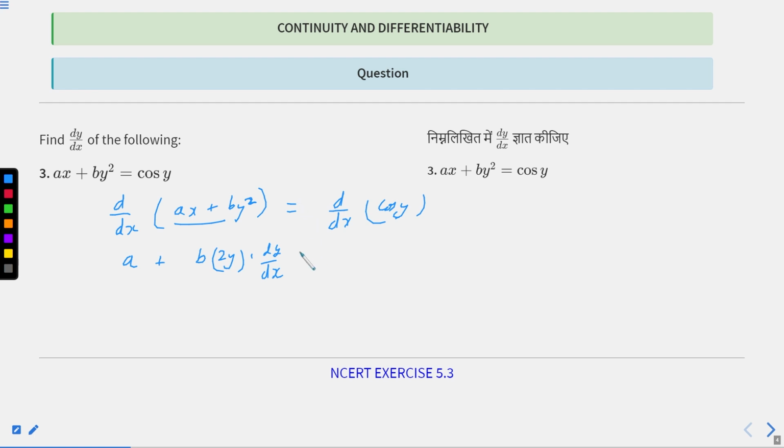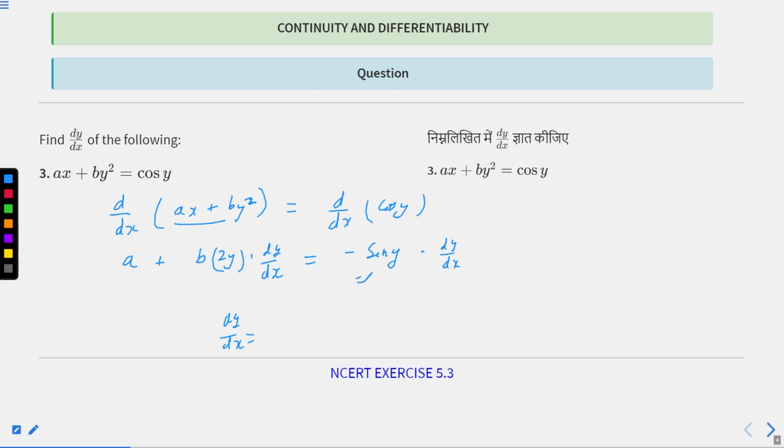Okay, simple. Okay, now as you are having your y term, first of all, derivated, you will get minus sine y, and now just multiply with dy over dx. That's it. You have to do this thing only. Now take dy over dx common. What you will have, let's see. So dy over dx taking common,